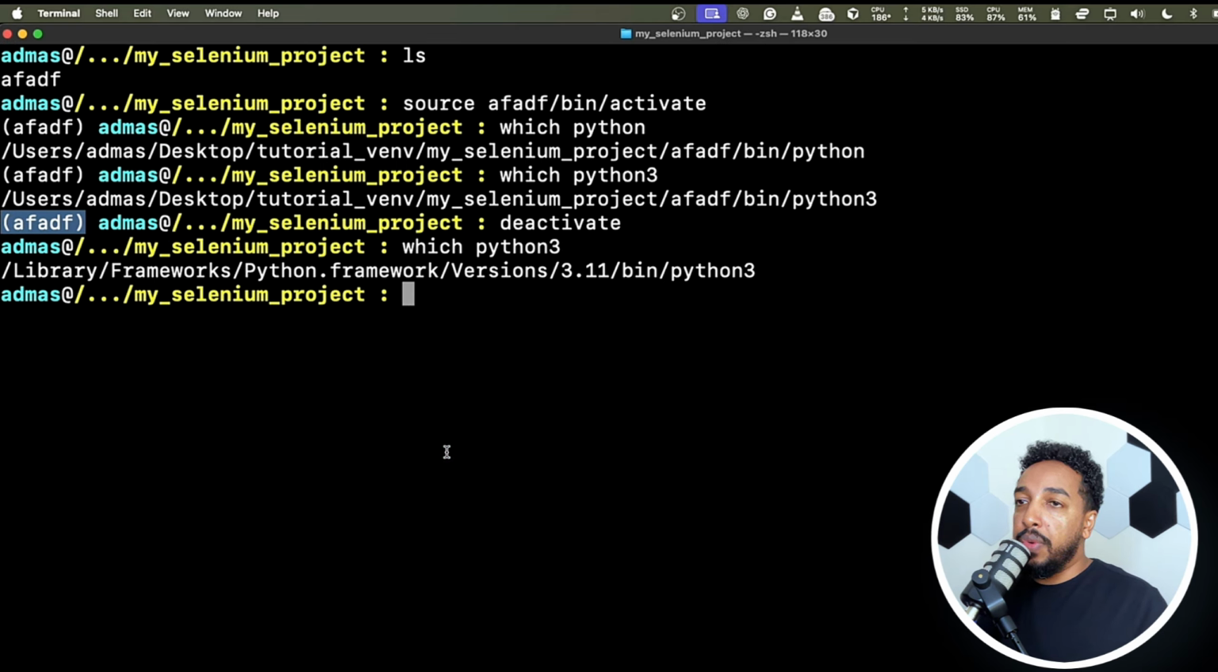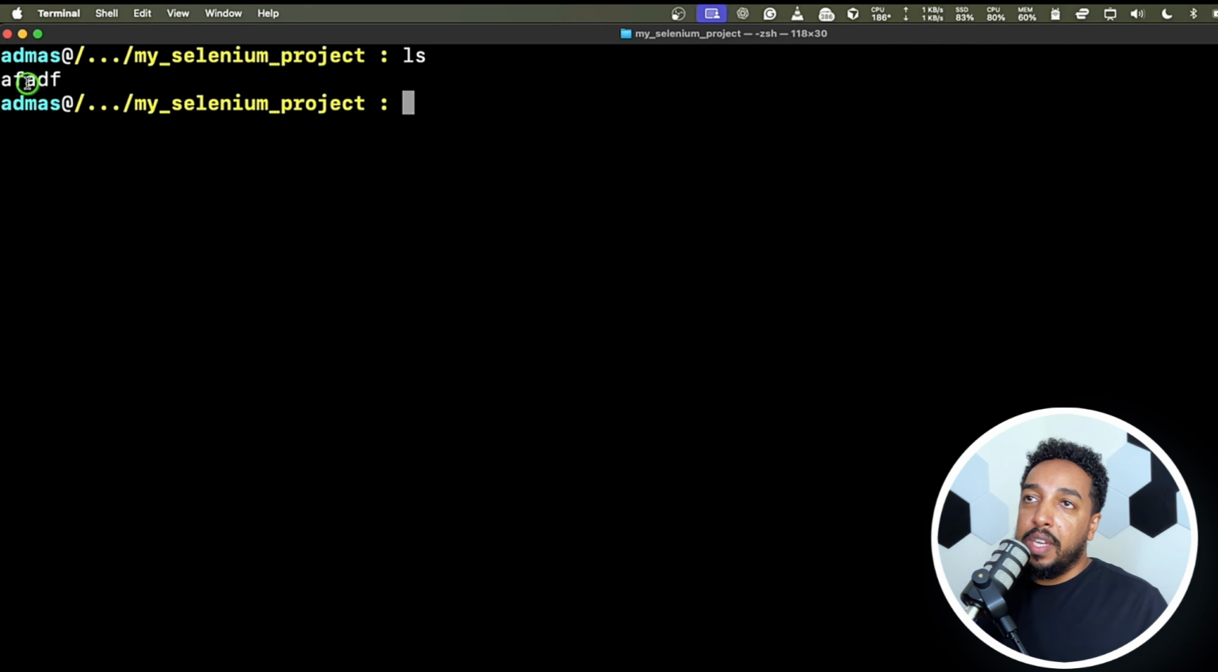which. So let me create another virtual environment. I'm going to do clear. If I do ls, that folder is still there. I can still create another one. It doesn't matter, right? So I'm going to say Python 3